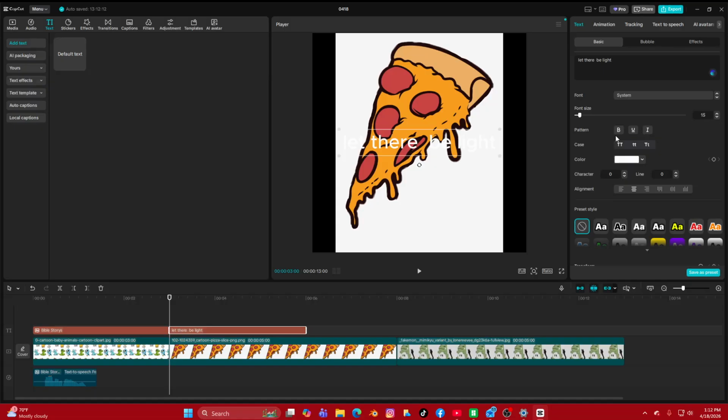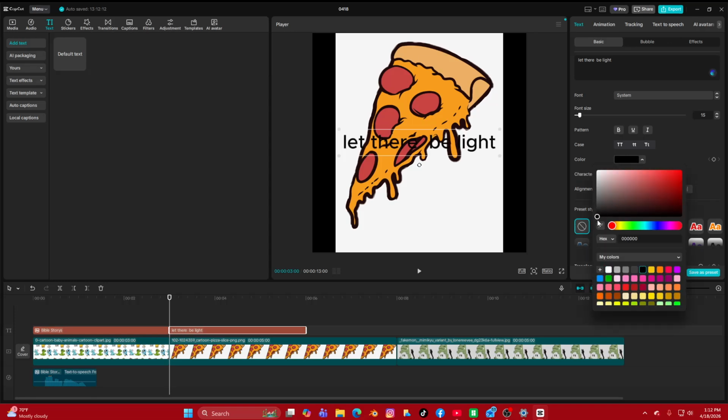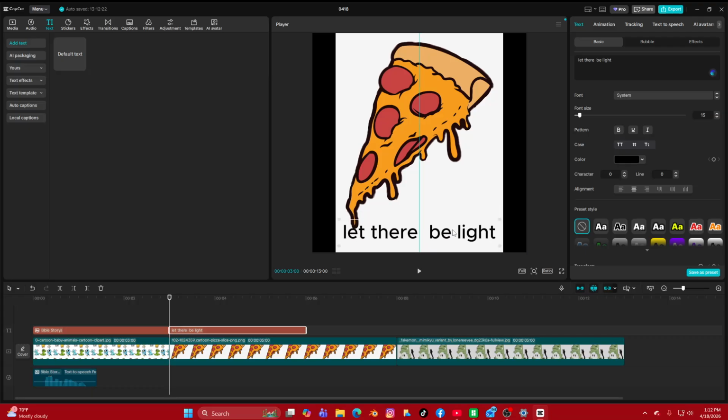So if you want to write a paragraph and make the voice where it has like a pause in between, so it doesn't sound like a robot in AI voice, you just need to write it like you would in a paragraph. Just make sure you use your commas, like in here, like "let there be light," and I'll put a comma, and then say,